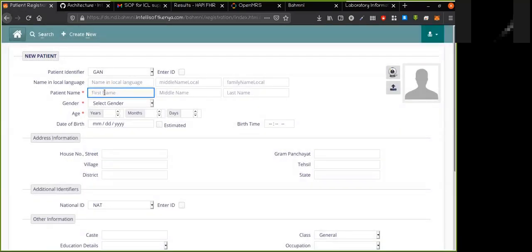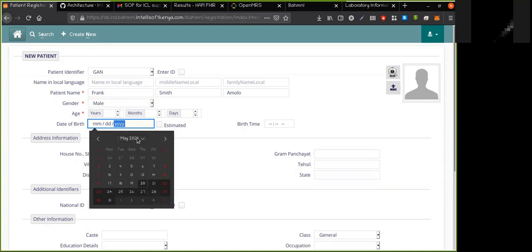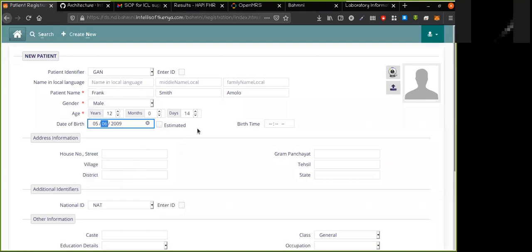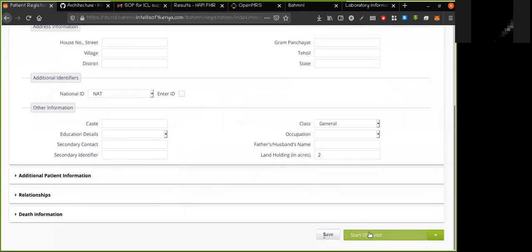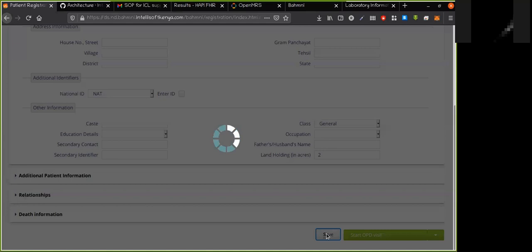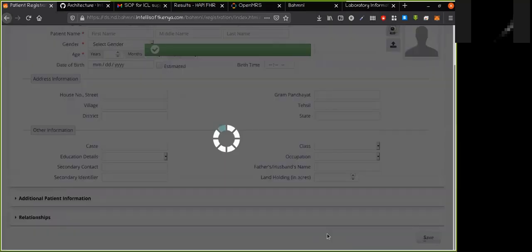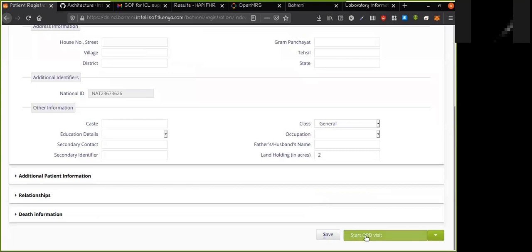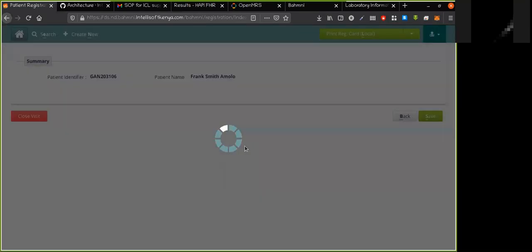I'll call him Frank Smith Molo, male, let's provide any data, the date of birth. Then I'll just save. Once I've saved, I'll start an outpatient visit.